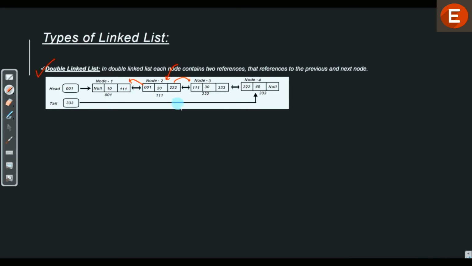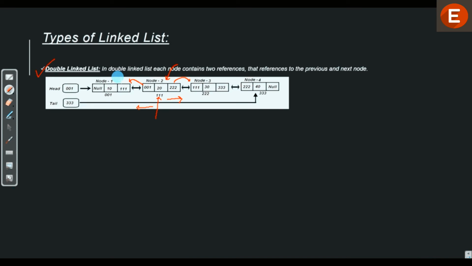Now you might be wondering why we want to do that. The answer is very simple. Let's say we are at node 2. The problem in a single linked list is that we can only traverse towards the right. We can never traverse towards the left, because node 2 does not know the address of node 1.